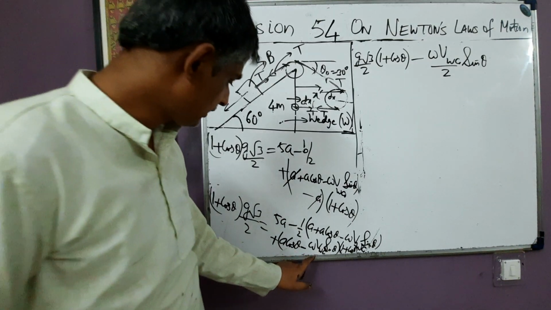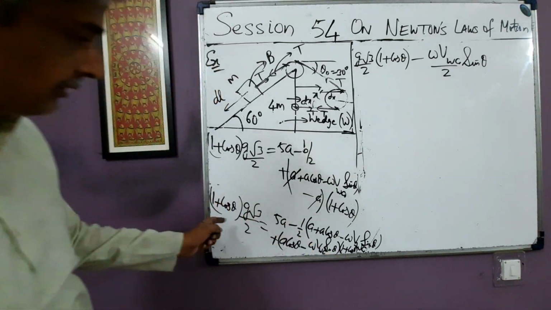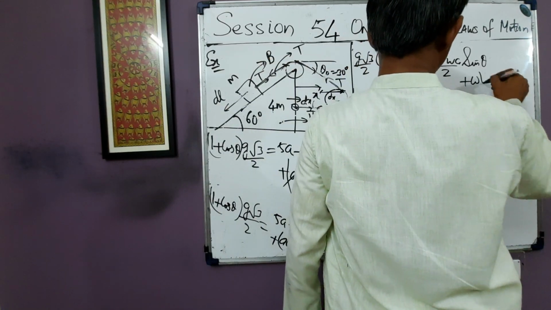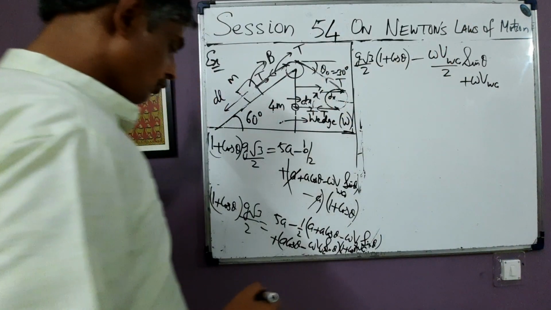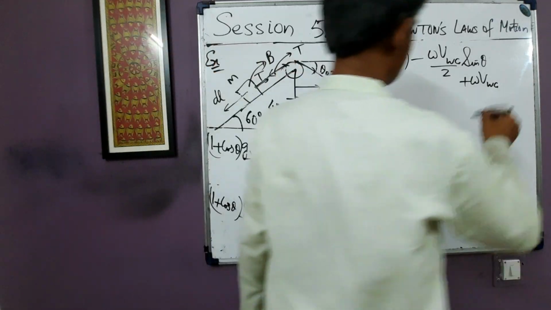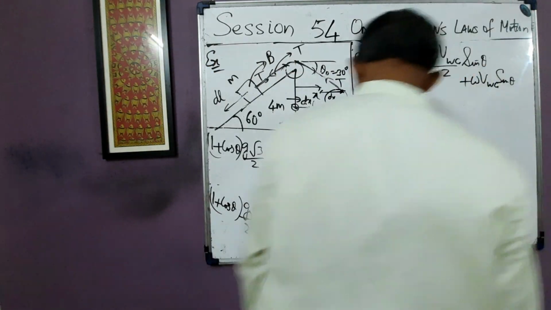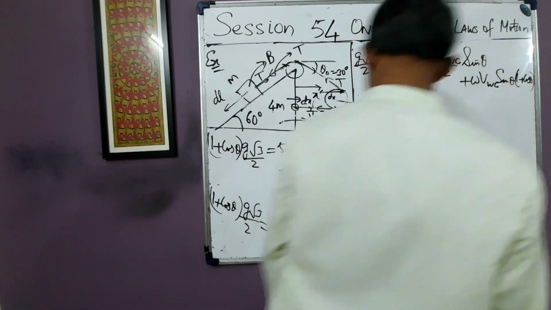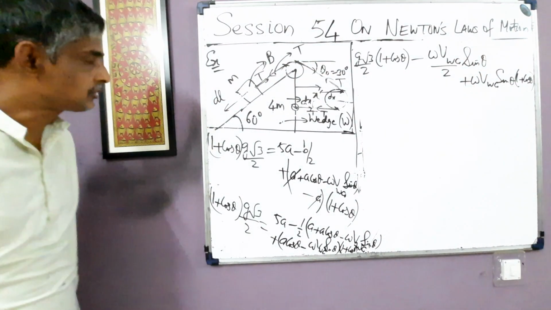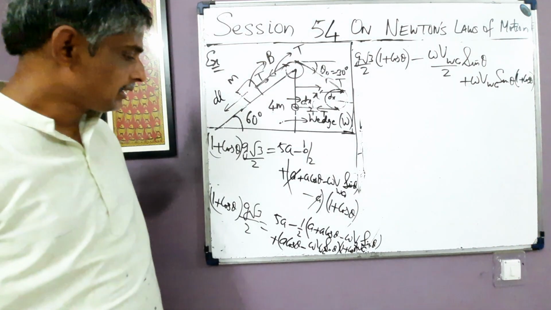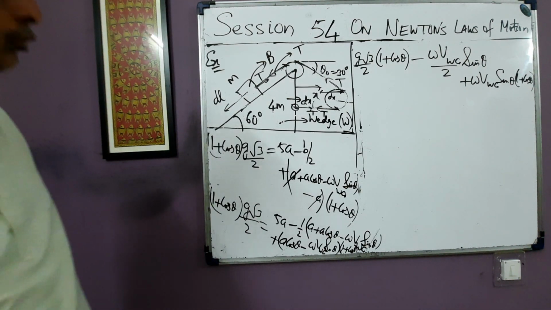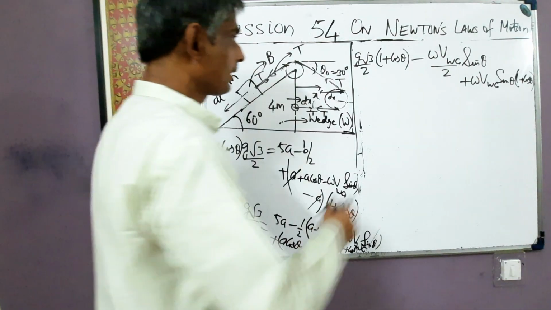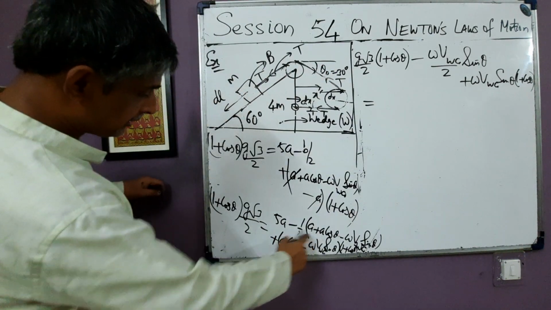Okay. And here also there is one ω v_wg sin θ. I bring it this side. Plus ω v_wg into sin θ into (1 + cos θ). Okay, fine. So this becomes g√3/2 (1 + cos θ) minus ω v_wg sin θ/2 plus ω v_wg sin θ (1 + cos θ) is equal to, now we get only a terms